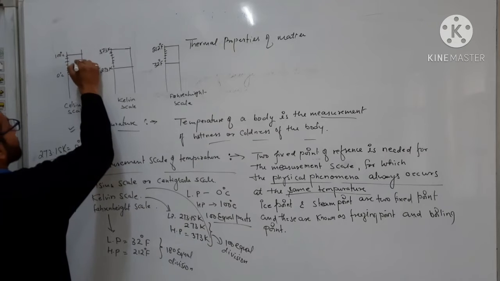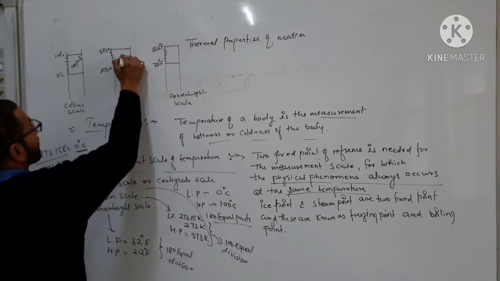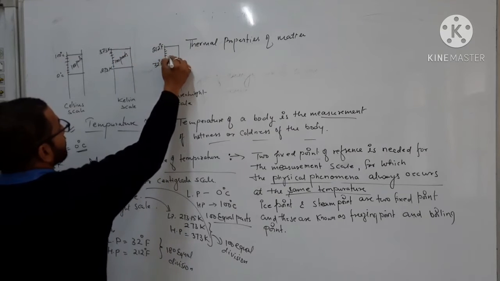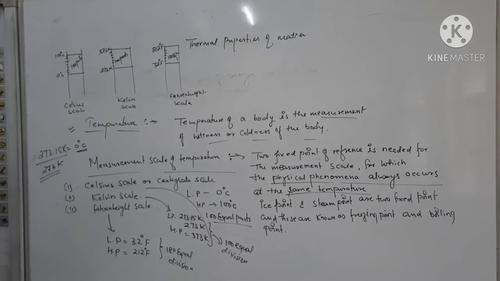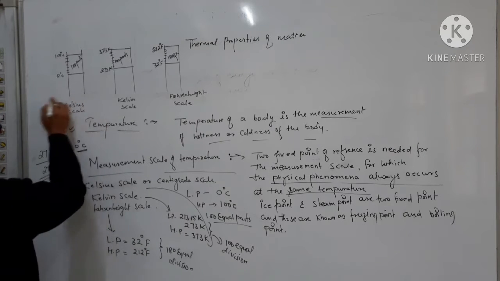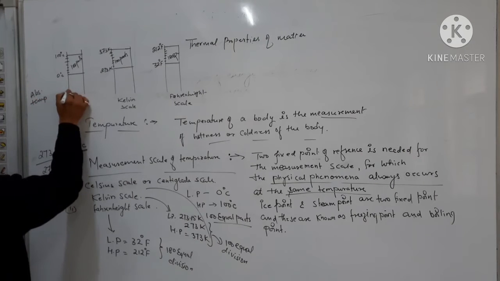100 equal parts or equal division for the temperature, and 100 parts also, and 180 equal parts. Okay, you can take the difference between them. After that, when we want to write here the absolute temperature of them, the absolute temperature case,